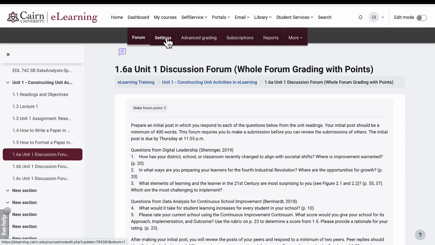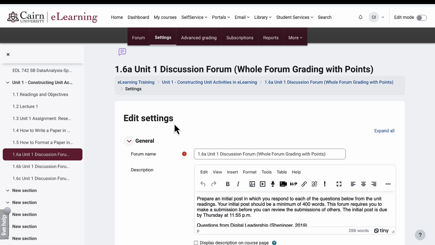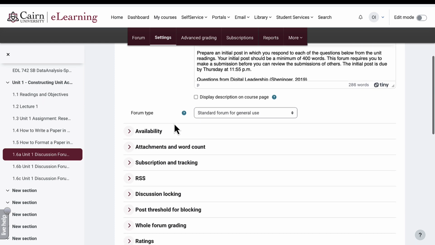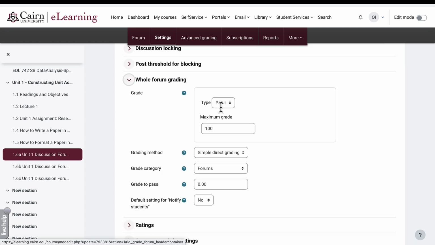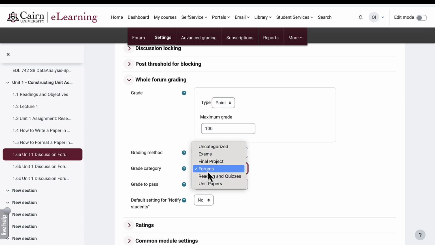To check the configuration of this forum, we go here to Settings after we have opened the forum activity, and then we scroll down. If you go to Whole Forum Grading, it's configured to use a grading system with points. You could use a scale, or if you don't want to grade anything, you'd select None from this area. And then under the gradebook configuration, it's configured to be associated with a forums category, which has to do with